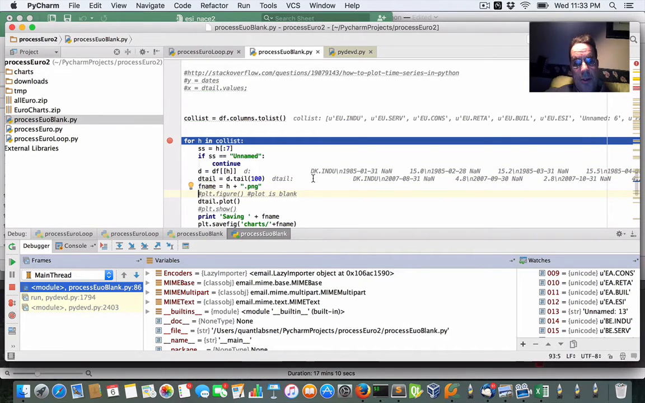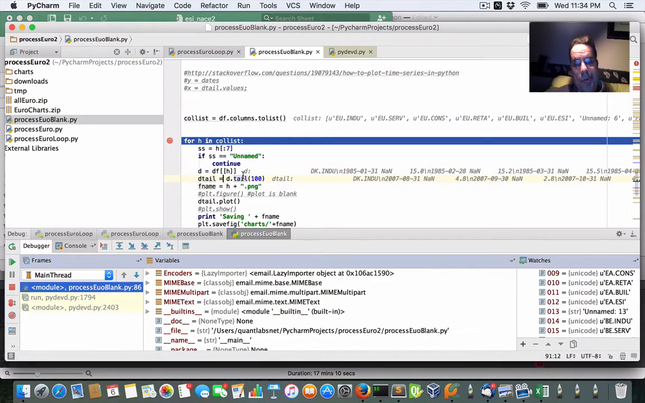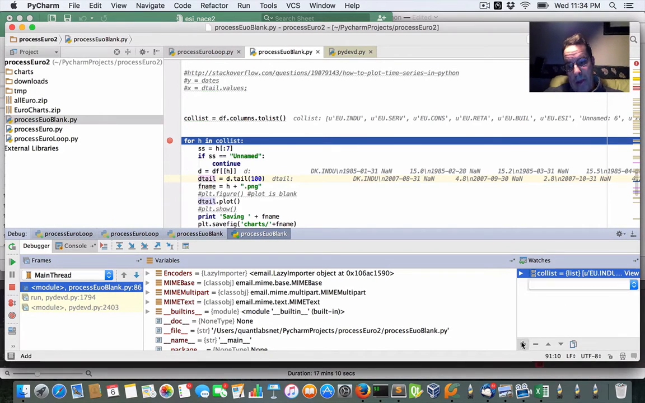So what we're doing here, as you can see, this is the value of D, which is DF of the header. Like an example of EU INDU. So that's basically extracting the column out of this data frame. So if I look at D, the value of D, just so everybody knows,